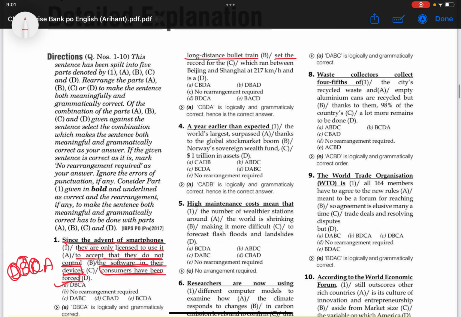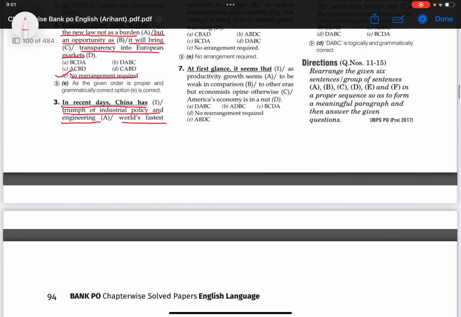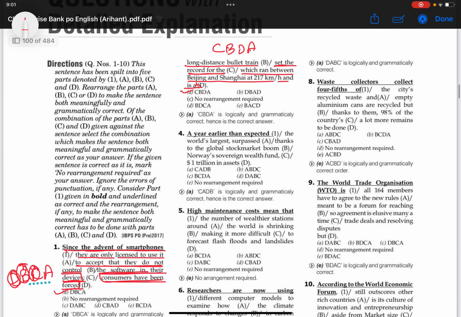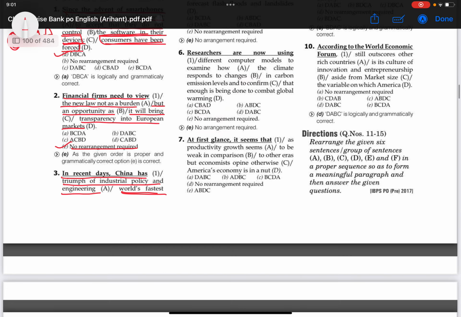long distance bullet train set the record for the run between Beijing and Shanghai at 271 km/h. It can't be last, since A is coming last, so what will happen here? CBDA set the record for the world's fastest long distance bullet train which ran between Beijing and Shanghai at 217 km/h. In recent days, China has